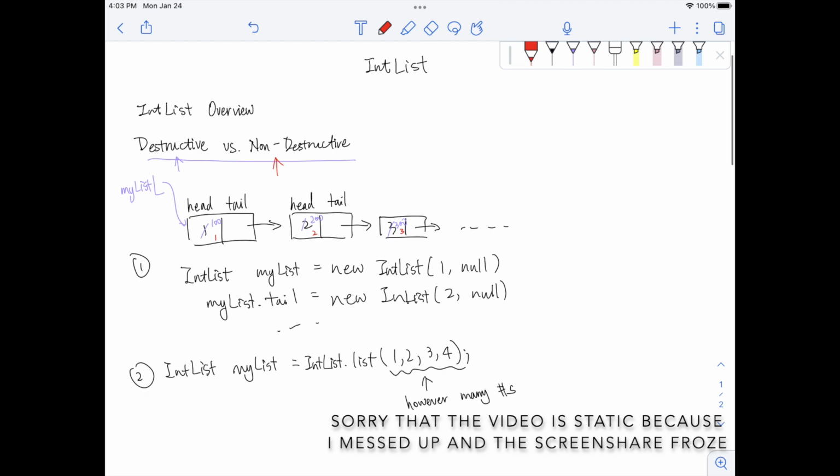I'm not going to keep writing this, but you can find this one method of instantiating an IntList in the lab spec. We can keep going. However, this can be really tedious if you want to quickly construct a very long